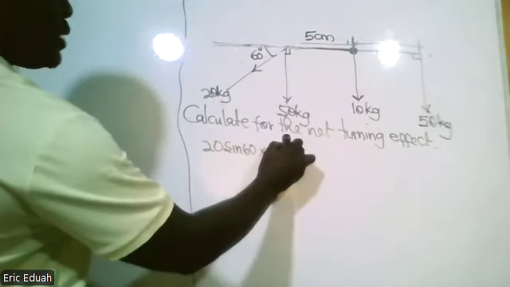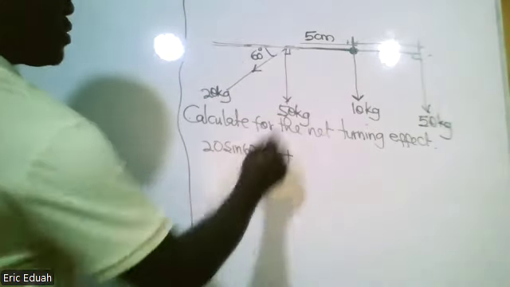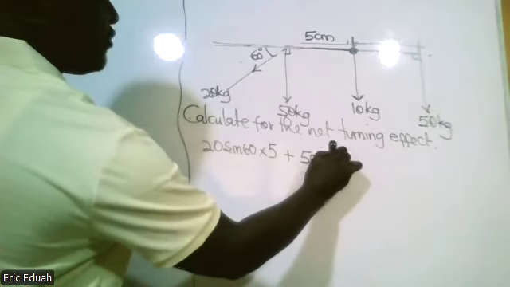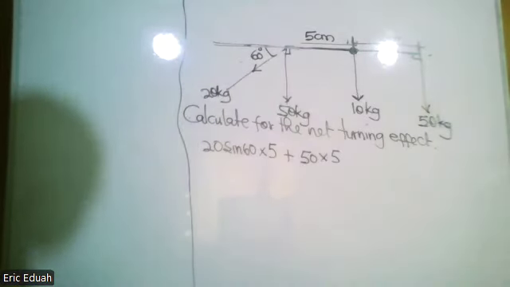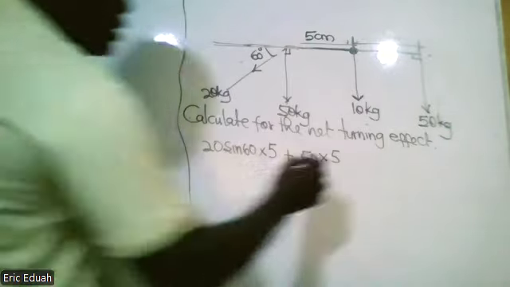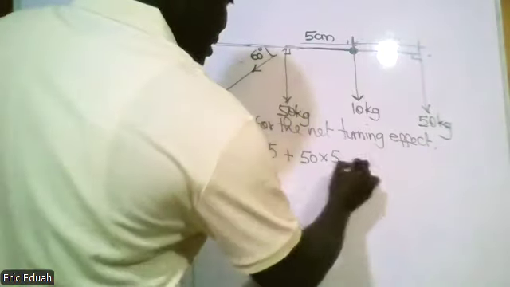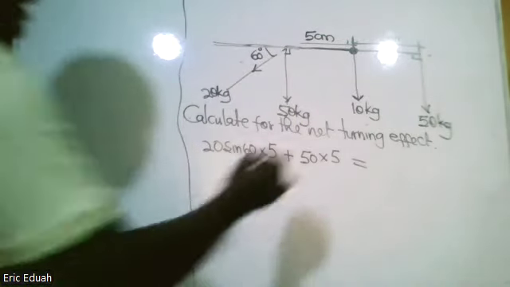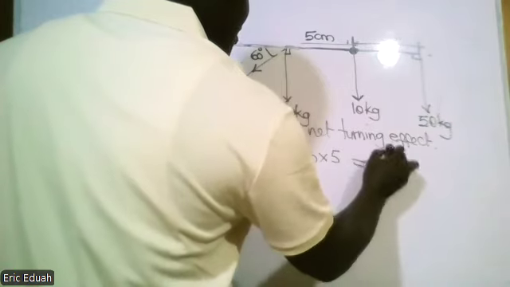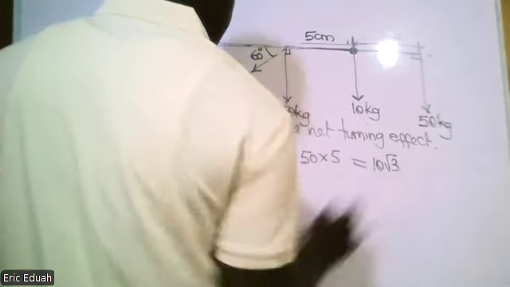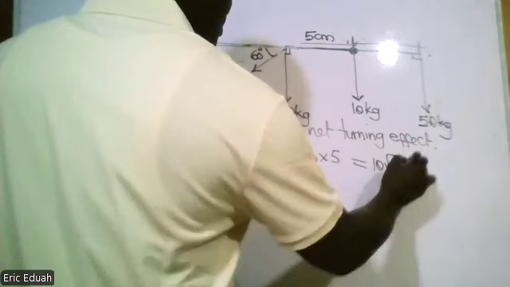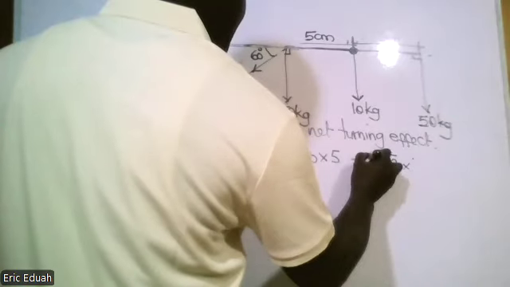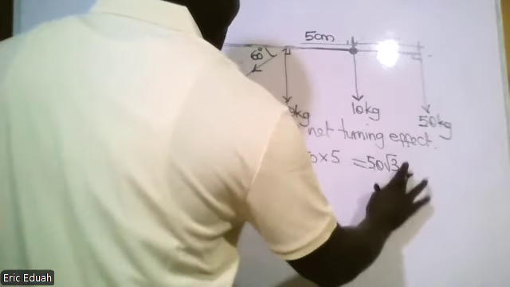Then this one too, this is 50 times 5. This is equal to sine 60, 10 root 3, times 5, which is 50. 50 root 3